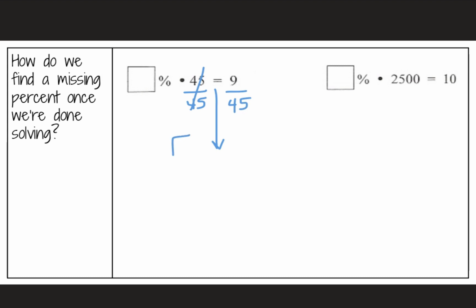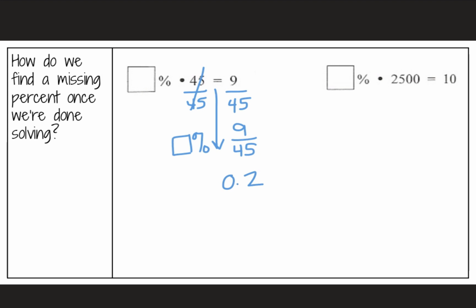So if you think about your knowledge of solving equations, we have our percent is equal to 9/45. Now that doesn't mean my answer is 9/45%. No, the percent has a value of 9/45, in that fraction form. It's not in percent form right now. So think about how you change a fraction to a percent. You change it to a decimal first and then move it, move it. So go 9 divided by 45. That's going to give you